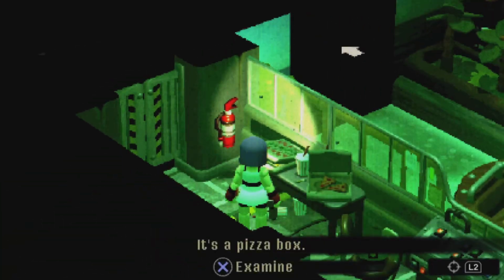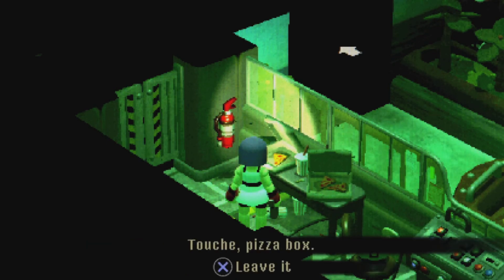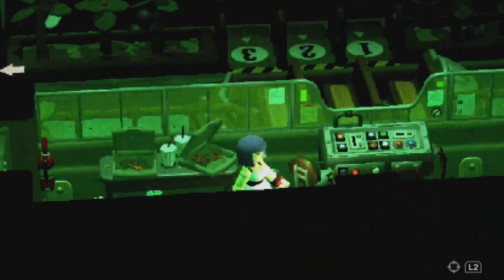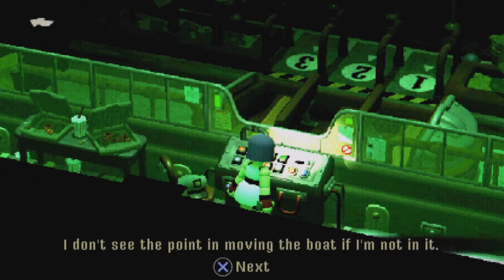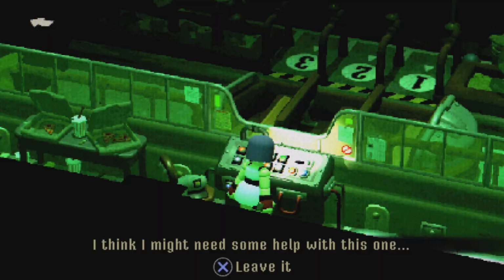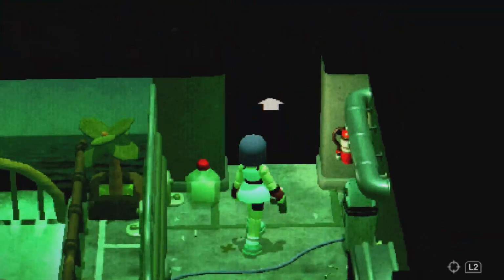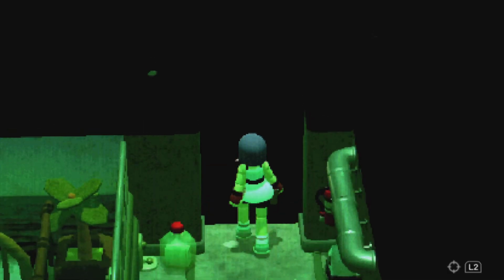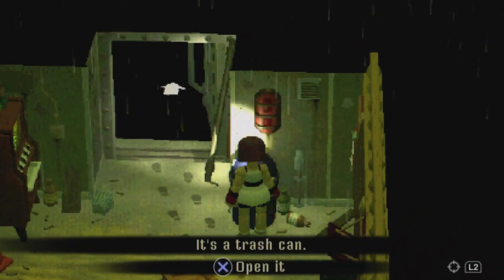Very cryptic as usual. And if you open the pizza box, you get a little dose of reality. Now, when you try to interact with the panel, you get a message saying that Mara needs help to operate this. So when we leave, we want to run to the right and go into